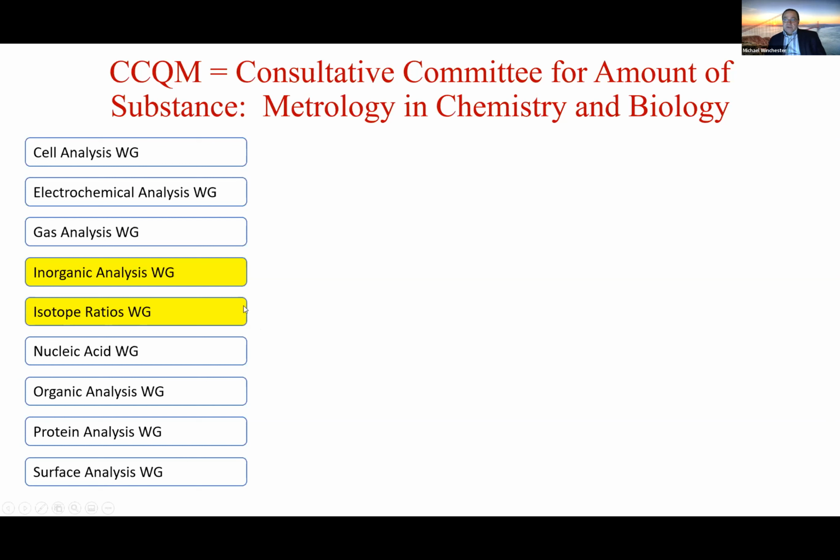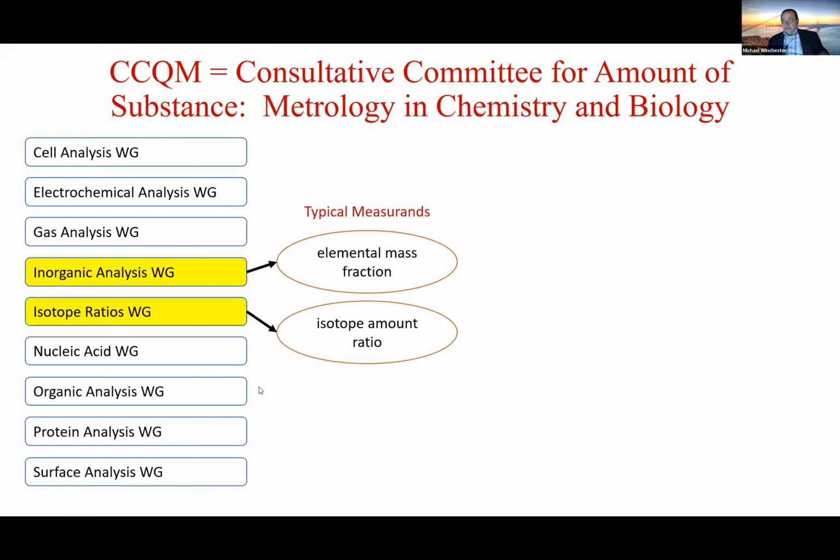For our workshop today, the 2 working groups which are most in view are the one that I chair, the inorganic analysis working group, and the isotope ratios working group, which is chaired by Zoltan Mester from NRC. The primary thing that I want to bring out on this slide is the space in which we work in these 2 working groups. Our typical measurands, or the things that we're trying to measure, is in the inorganic group,